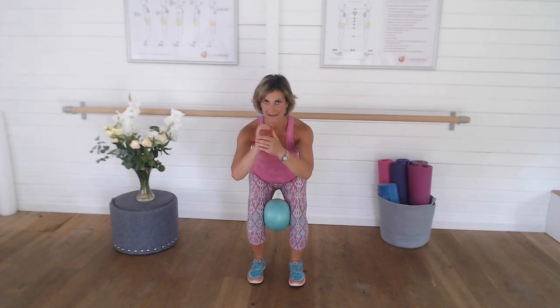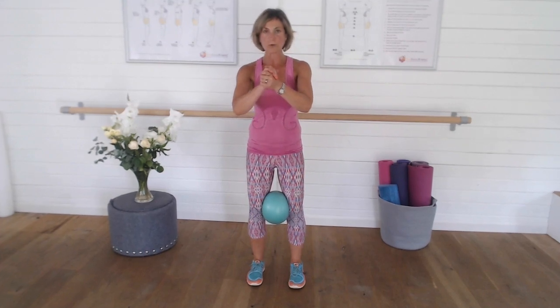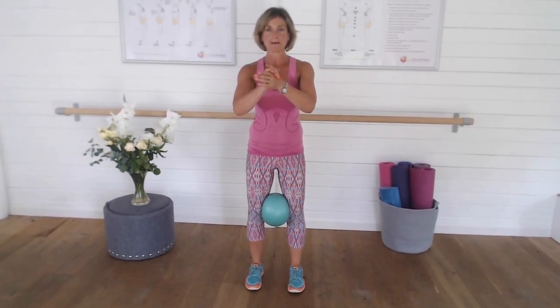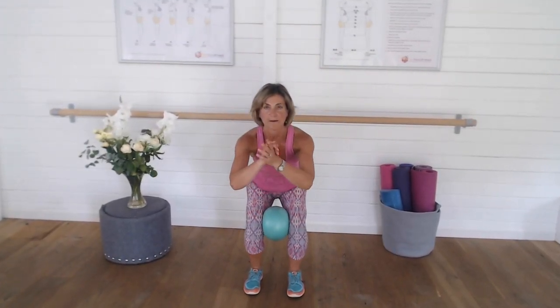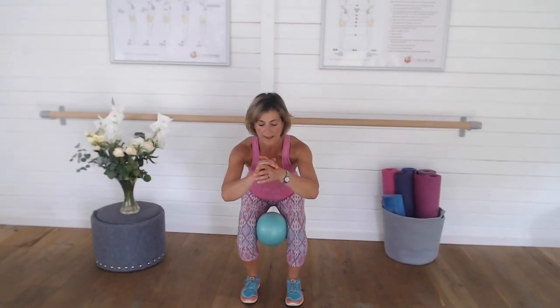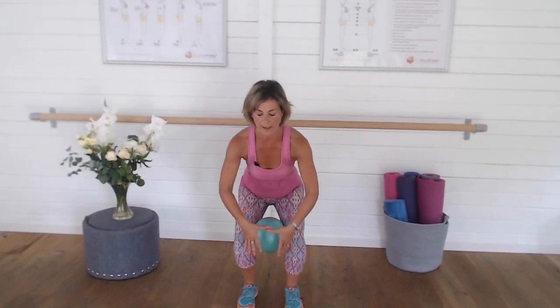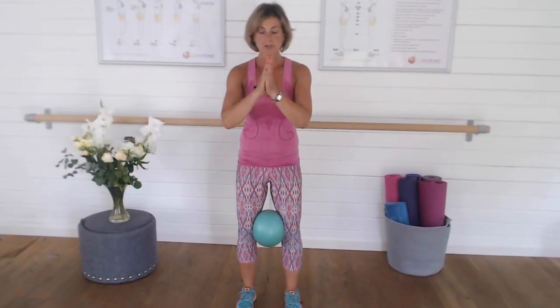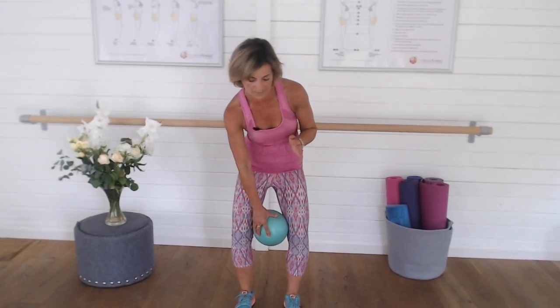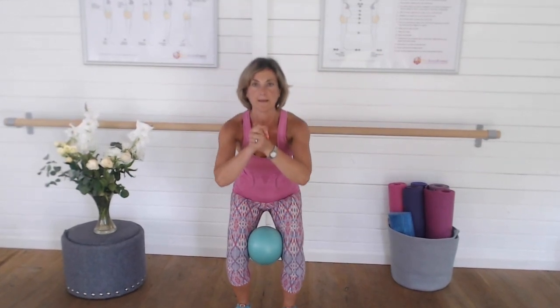And then this is the important bit, breathing out, lifting up your pelvic floor, squeezing the ball and coming up to standing. So you breathe in as you squat down, breathe out, lift up the pelvic floor as you come up to standing. Breathing in, breathing out. So just make sure you've got your ball in the right position. If you need to position it a bit further up, okay, you can do, but you just don't want it in between the inner thighs. So breathing in, breathing out,